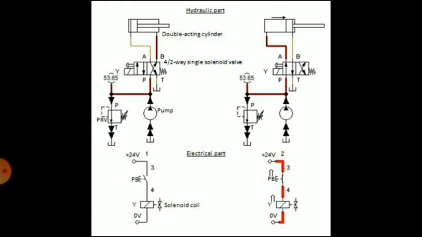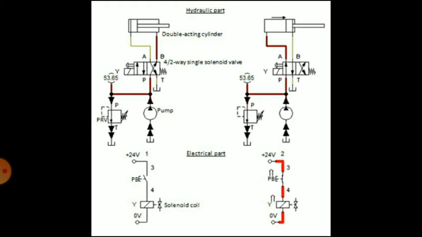You can see in the normal position the pump port, that is pressure port P, is connected to B, which will move the piston in a backward direction, and port A is connected to tank. Then in the circuit you can also see there is a pressure relief valve to divert the excess fluid to the tank and maintain constant pressure throughout the system. Port P is connected to B, and A is connected to tank. So this is the normal position.